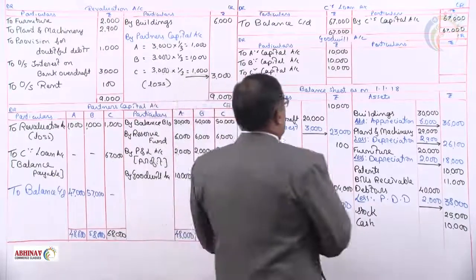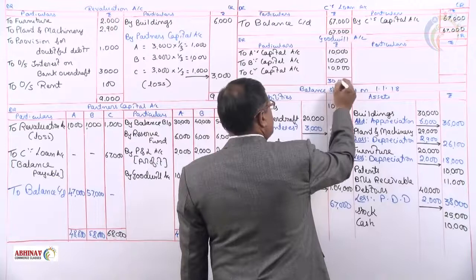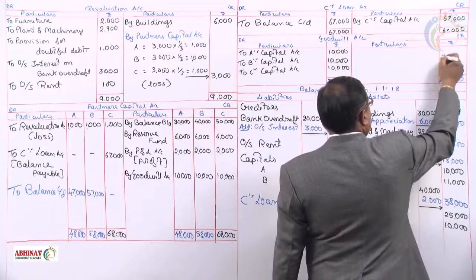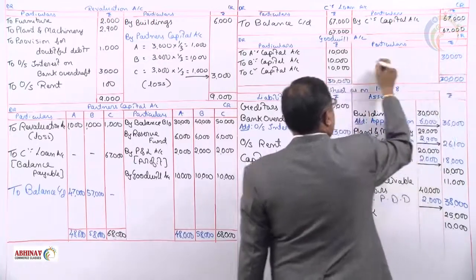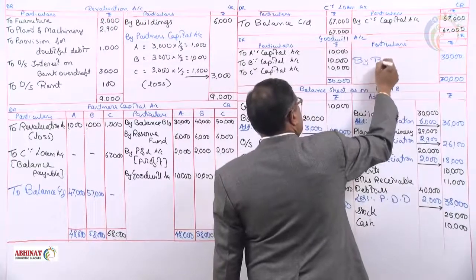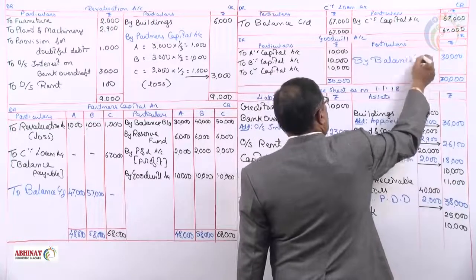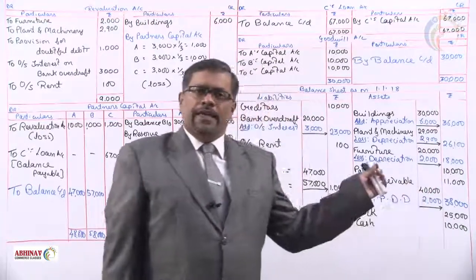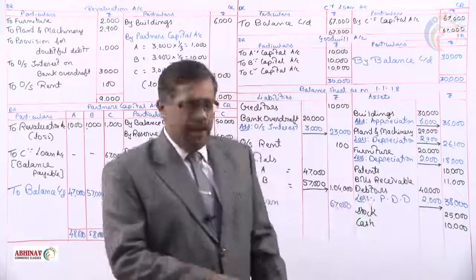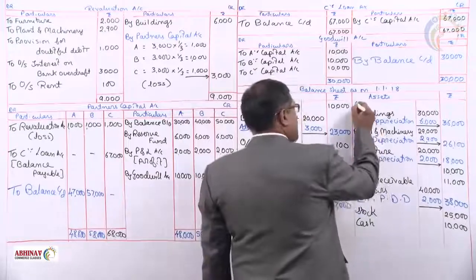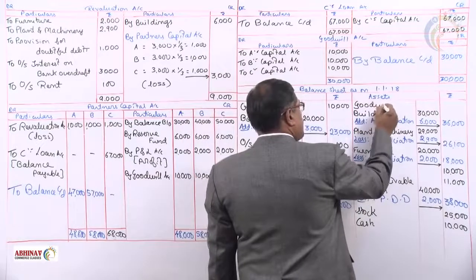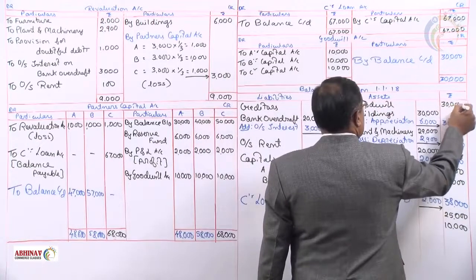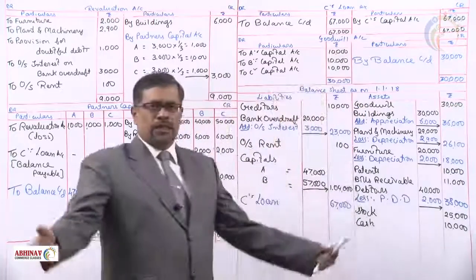Let us balance goodwill account. Total is 30,000. No goodwill is withdrawn, so goodwill account also shows a balance of 30,000. What do we take it as? By balance carried down. Carried down where? Carry forward it to the balance sheet, on the very first line, the line that we have left for that: goodwill, 30,000. That's all with the problem.